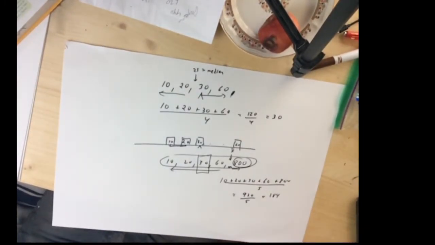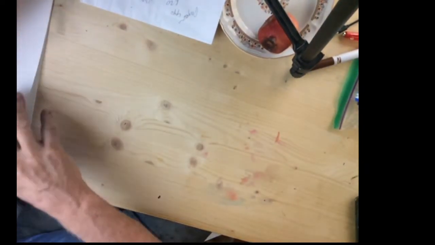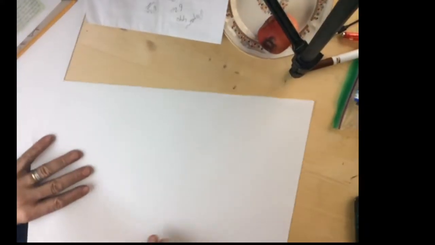So a lot of people feel that the idea that the median describes the middle is one of the best ways to describe a set of data, better than the mean. The mean can be affected by some strange numbers. Now, the mode is not necessarily a bad descriptor either, because if you have a very significant mode, it says a lot of people have that value. So that's rather interesting. So that's 3 different ways to talk about middleness, but we need to talk a little bit more about data,